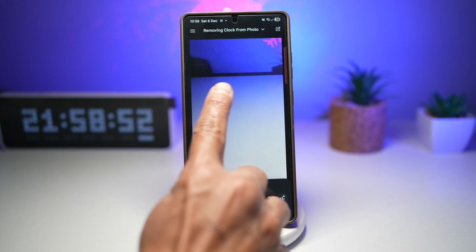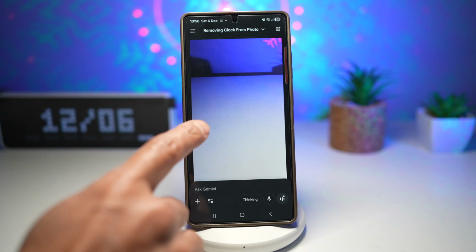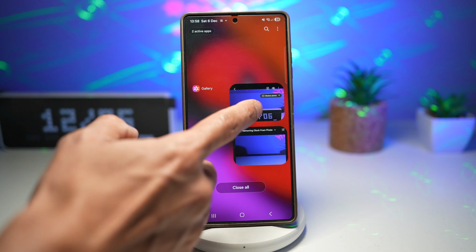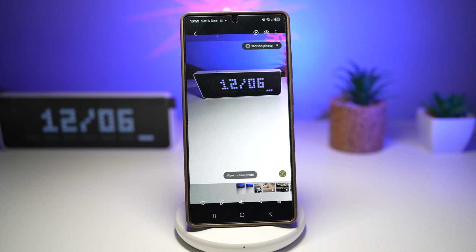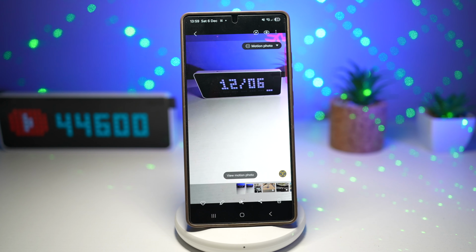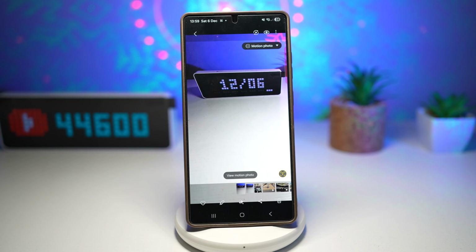So let's remove the distraction from your photo. If you have a text or anything, it can also remove that as well from your photo if you instruct it to. So you can achieve professional level cleanup without needing Photoshop. This is perfect for travel photos, portraits, real estate shots, or product images. This saves time and no more manual cloning or patching. This elevates your overall quality and the focus of your